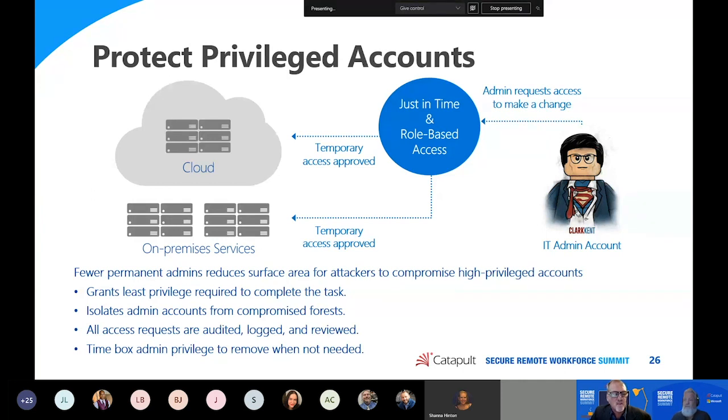Always, regardless of the situation, but especially now since bad actors are targeting people who are working from home, lock down your privileged accounts. It's not just put your admins on MFA. You might want to consider privileged identity management, where nobody has privileged access, but they request it as it's needed.